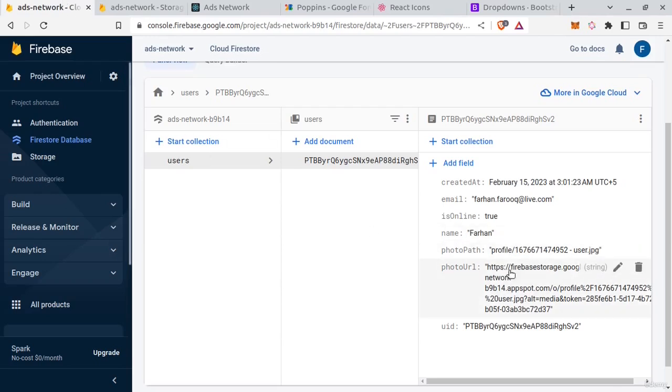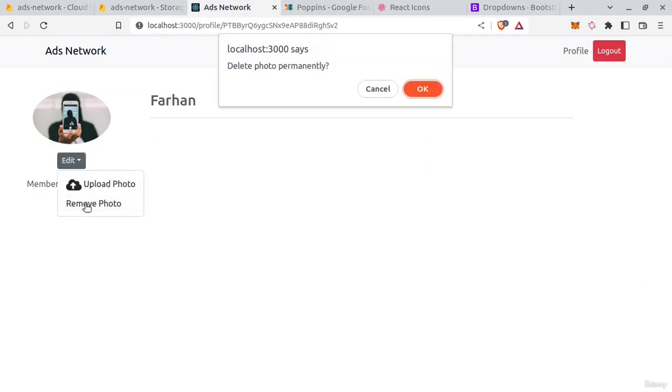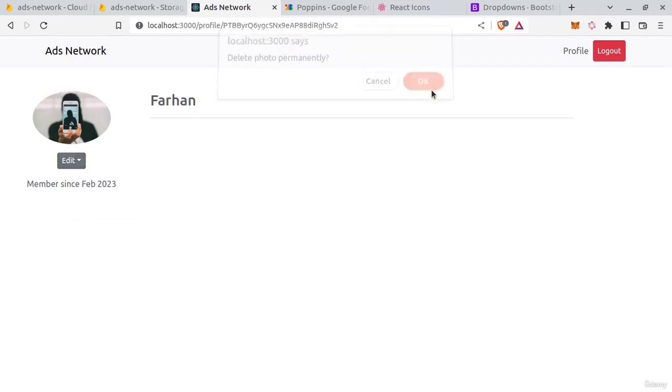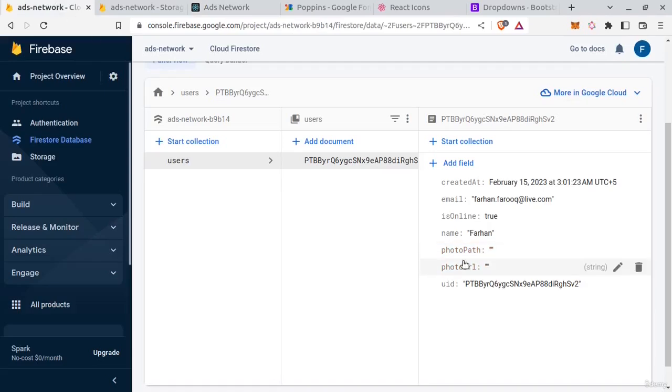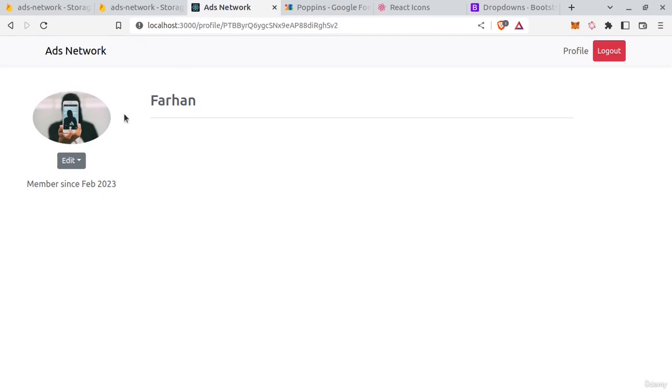Right now the user has this profile photo which we can see here. Now let's delete it. Delete photo. Okay, you can see it's reset, and from storage it's also gone, but the image is still there. If we refresh, now the image is gone, and the reason is that